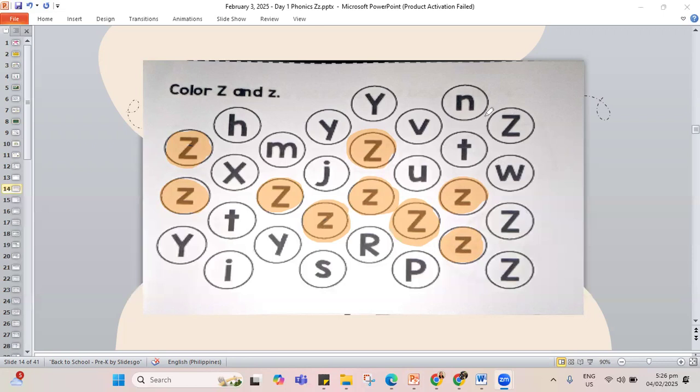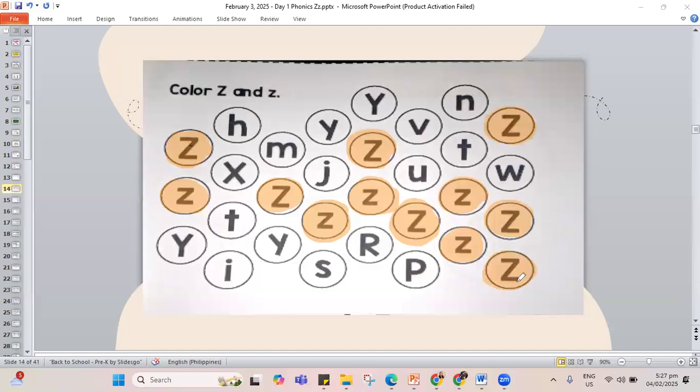So let's see. In this column, how many Z's do we need to find? There's 3 more to go. So let's color 1 capital, another capital Z, and the last one. Okay. Do we have the same work, Riego? I think we do. We already have all our letter Z's. I dabbed it on the screen.